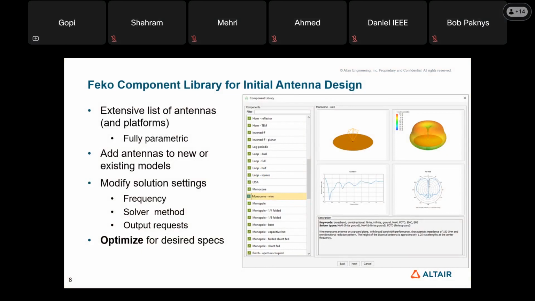Any of the pre-built antennas in the library can be used for quick studies instead of designing an antenna from scratch. One can pick the antennas from the library by searching for the suitable ones based on keywords related to the antenna type, like wire antennas or patch or horn, whatever keywords you can think of. And then once you pick an antenna from the library, you can easily modify the solution settings to meet any